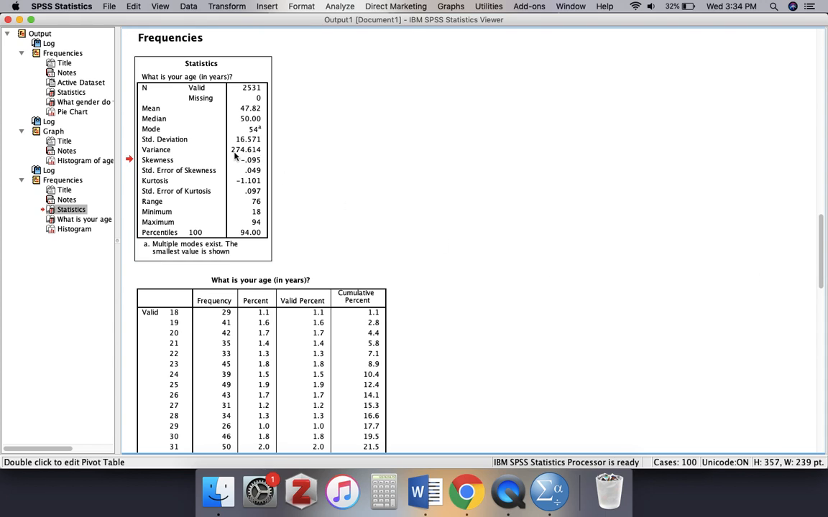Okay, so here in the statistics for age, we see that there are 2,531 people who filled out that variable, which is the same thing for gender. The mean age is 47.82, so you could see the mean age of the people in the sample is about 48 years old. The median, which is basically the middle